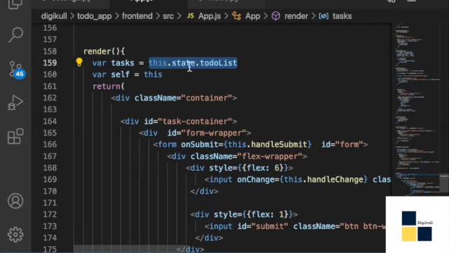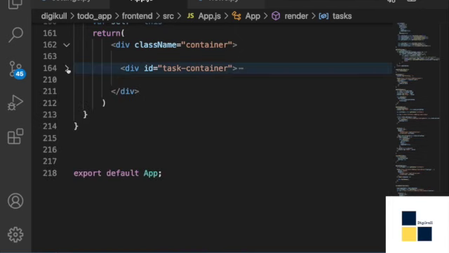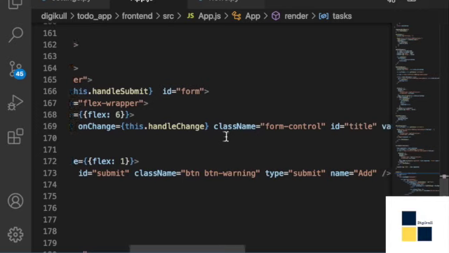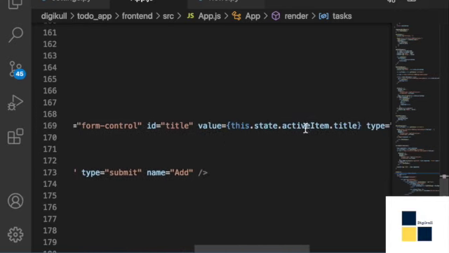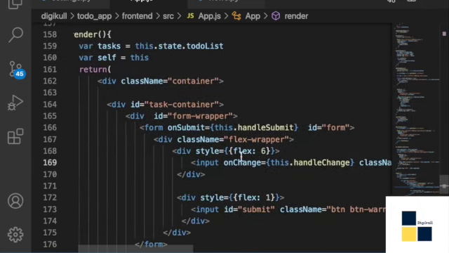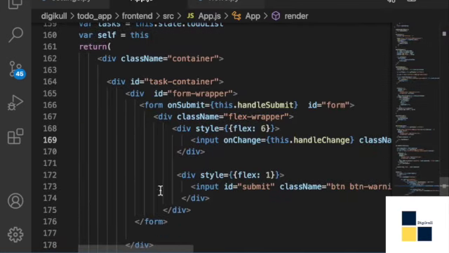From this.state, it will take the to-do list and keep on rendering the tasks. This is our HTML file, which I'll be sharing. It basically gives you the active item's title. Active item is the dictionary we are showing from views.py, this part. So these things are rendered here.